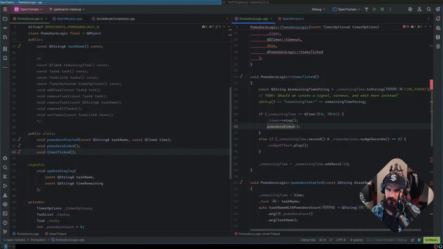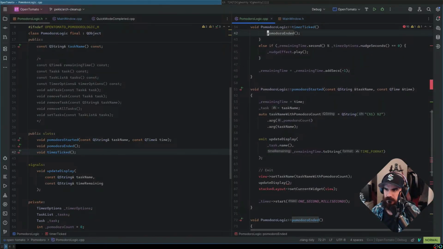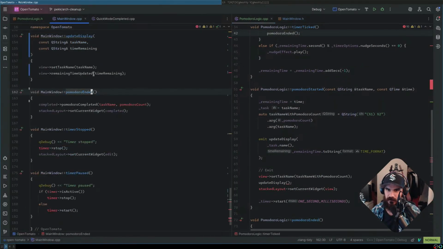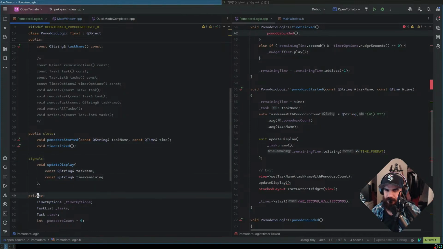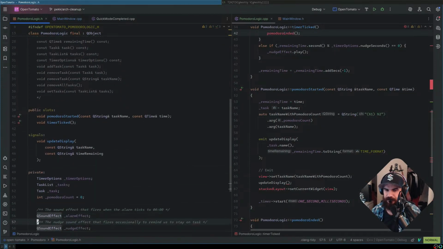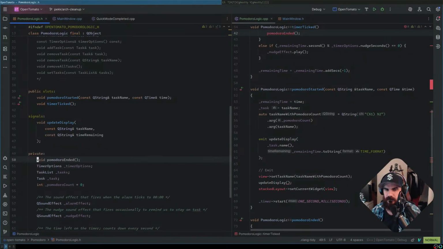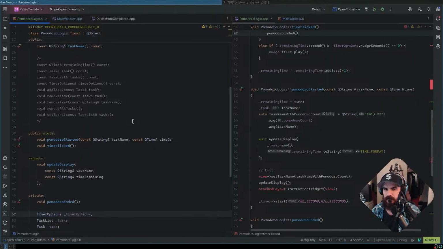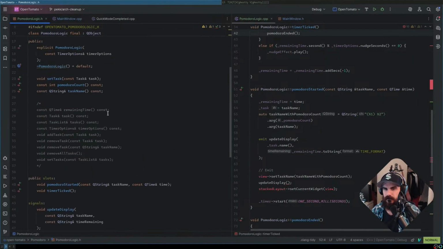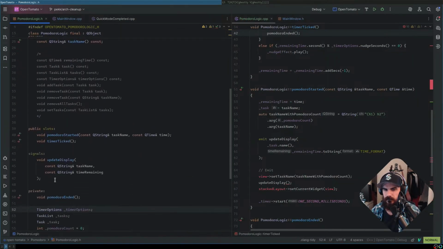Does this need to be a slot? I don't think I connect this to anything. It's not connected to anything. Why is this a slot? That's just a function. Signals.